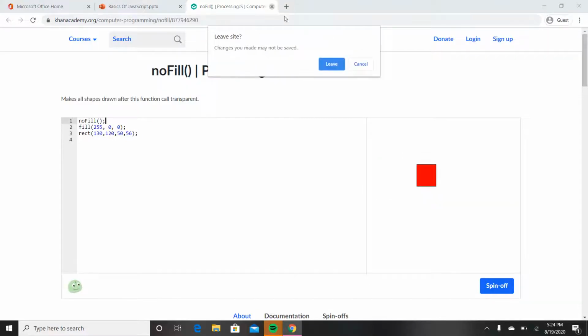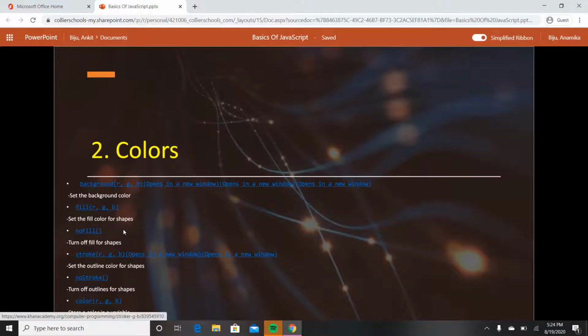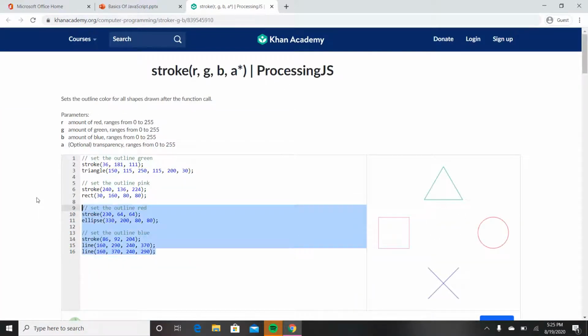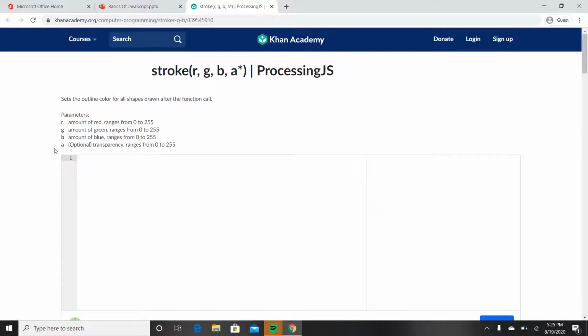So our next color is stroke. Stroke is not really a color, it's just an outline for shapes. The stroke has the same parameters as fill and background, but it draws an outline for shapes. So if you do ellipse 120, 40,